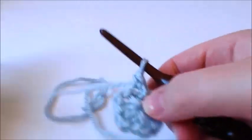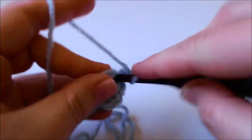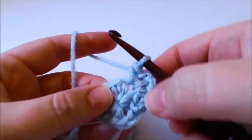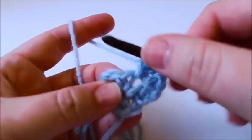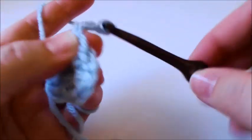Now, into the chain 2 space, work single crochet, chain 2, single crochet. This is going to be pretty standard for all the corners in these squares. Single crochet, chain 2, single crochet. Now in the next stitch, work into the back loop only, another single crochet, into the chain 2 space, single crochet, chain 2,